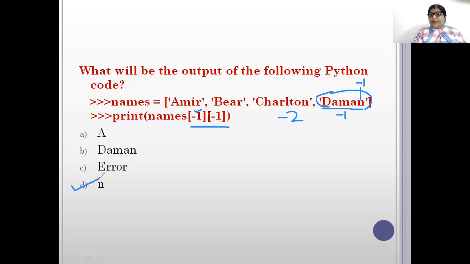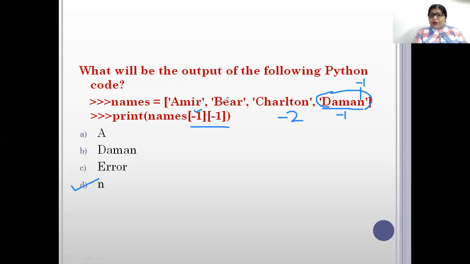So what will be the answer here? N. Got the point? It means we are just moving index by index only. When this indexing comes, it first goes to the first -1 here. And when it goes to the -1 of the -1, we are just treating this word and we move to this index only.